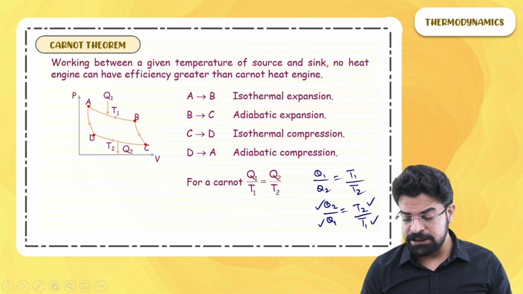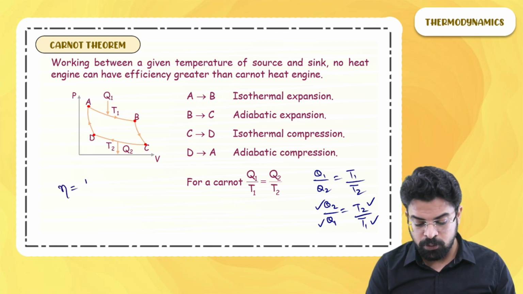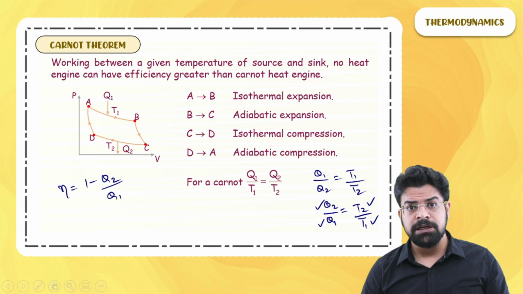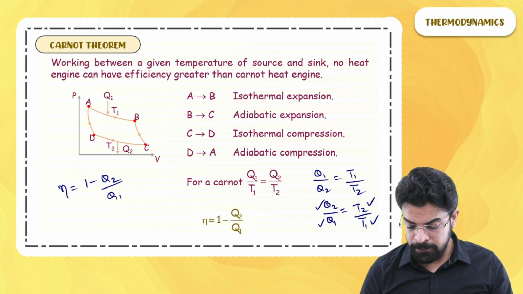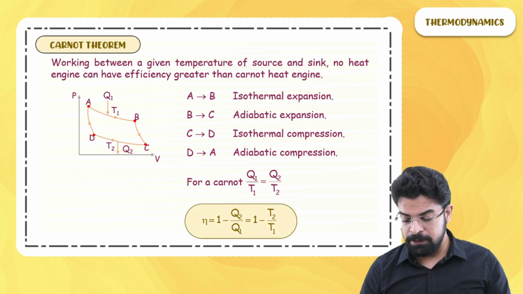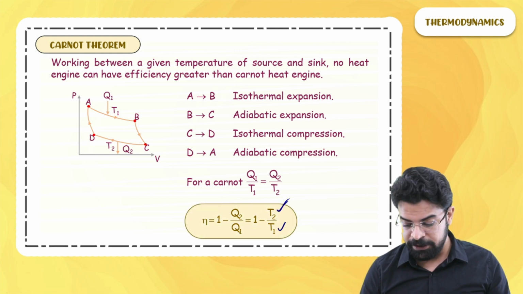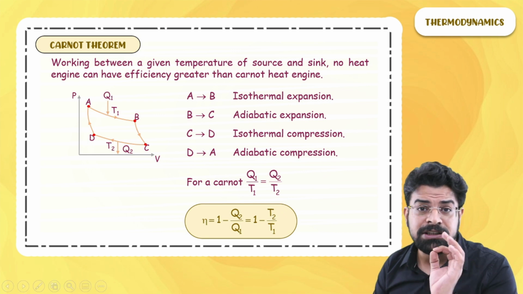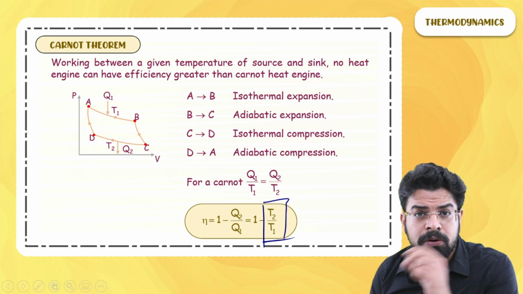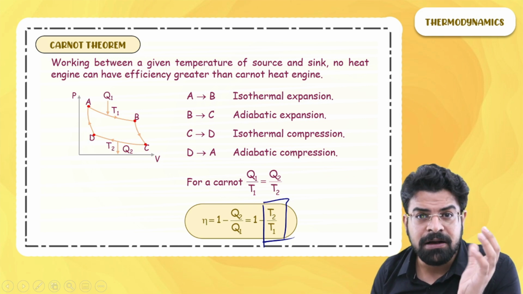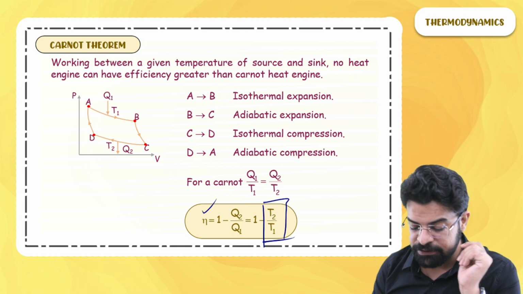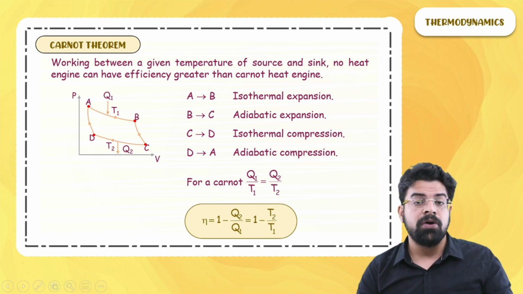So the efficiency which we have just learned, equal to 1 minus heat rejected to sink upon heat accepted from source, can also be written as 1 minus T2 by T1, that is 1 minus temperature of sink upon temperature of source. And again I will say this is so obvious that this quantity has to be less than 1. So T2 is the lower temperature, T1 the higher temperature, temperature of sink upon temperature of source. So this is the efficiency of the Carnot heat engine.